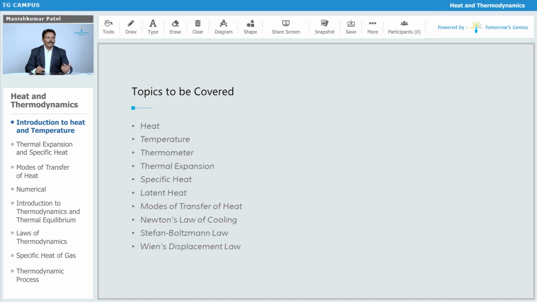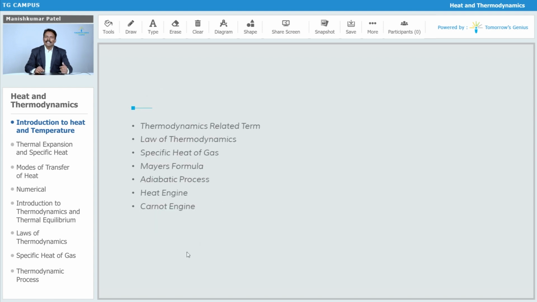Then we will see thermal expansion. There are various kinds of thermal expansion that we will go through. Then we will see what is specific heat, latent heat, then what are the different modes of transfer of heat, how we are going to transfer the heat, then Newton's law of cooling, then Stefan-Boltzmann's law, then Wien's displacement law. Then again in the thermodynamics part we will see the laws of thermodynamics, that is the zeroth law,